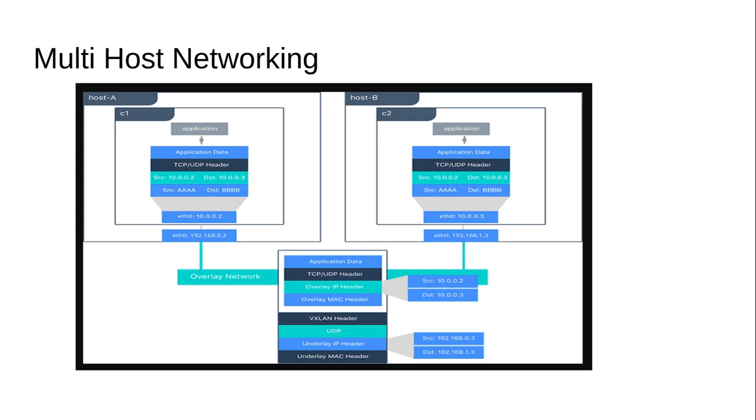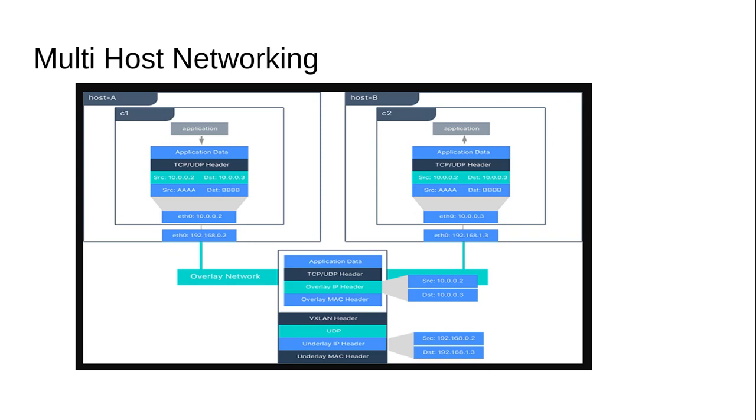When we go to layer 3, there we add the destination address, right? So for this container I have 10.0.0.2, and the destination of the packet that I am going to send is 10.0.0.3. Okay, so this becomes one packet. Now the packet will go from the container interface, first to the virtual ethernet. From the virtual ethernet it will go to the bridge network, and then from the bridge network to your host machine interface.